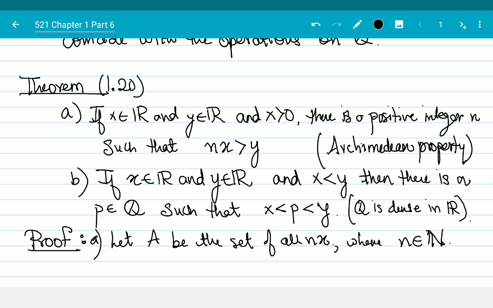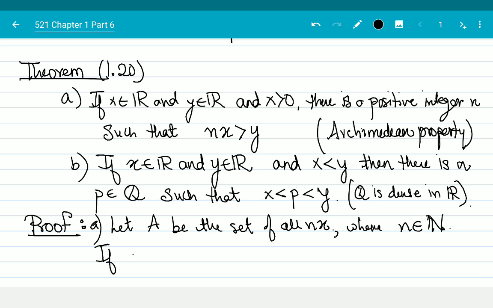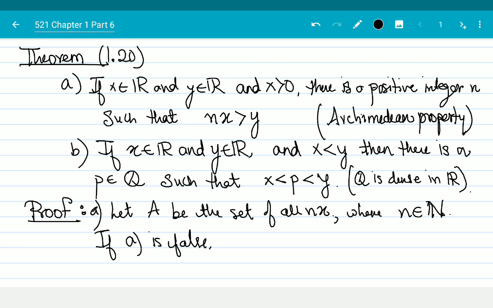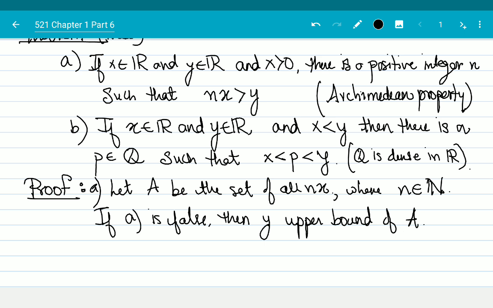Now if the claim were false, that means y is an upper bound of A. Well, it is a non-empty bounded set, therefore let alpha be equal to the supremum of A. And since x is greater than 0, and x times 1 is definitely part of A,